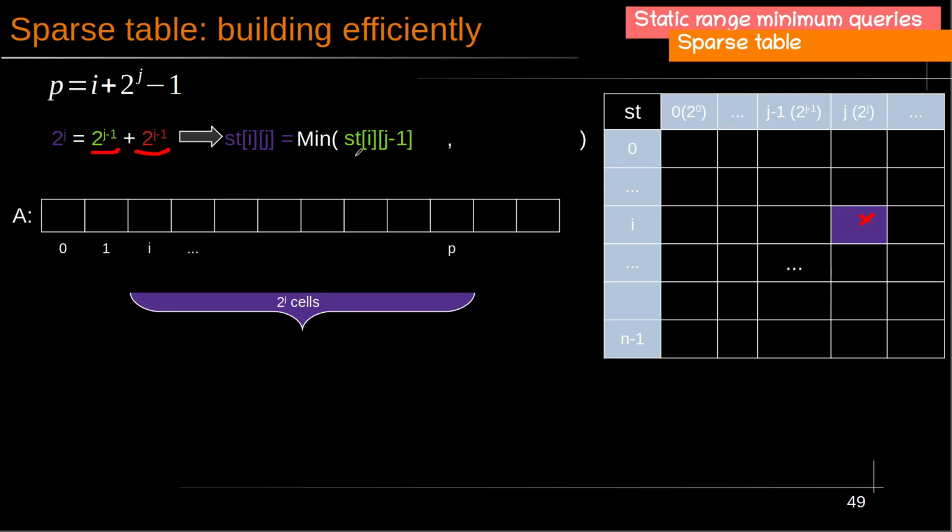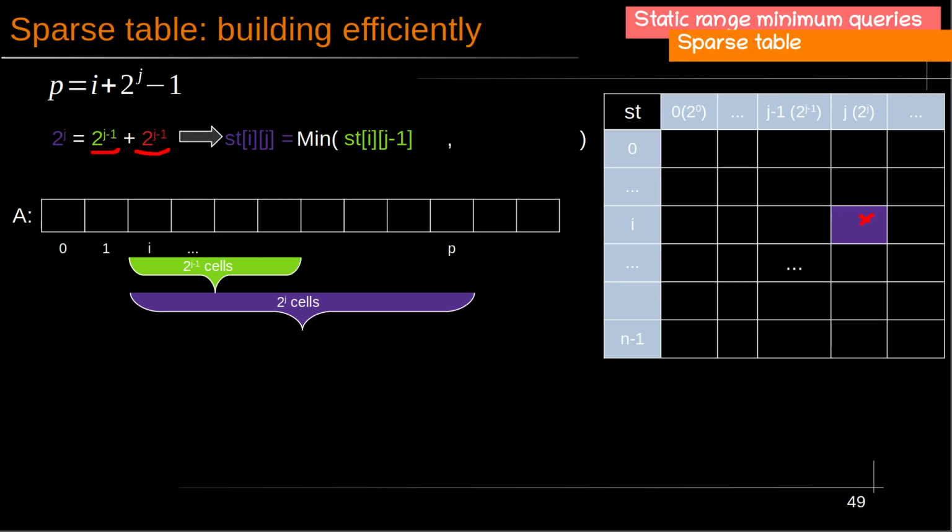The first one here, the green one, is St i j minus 1, which is the number of cells from i. We don't care about the position here, but what we care about is the number of cells from i. We're going to take 2 power j minus 1 cells,